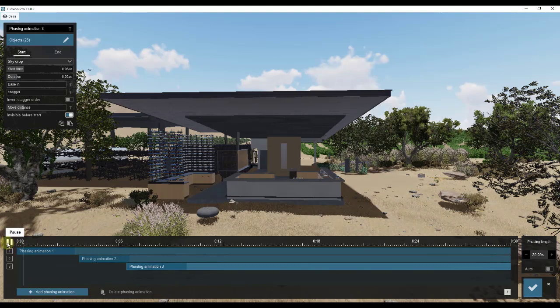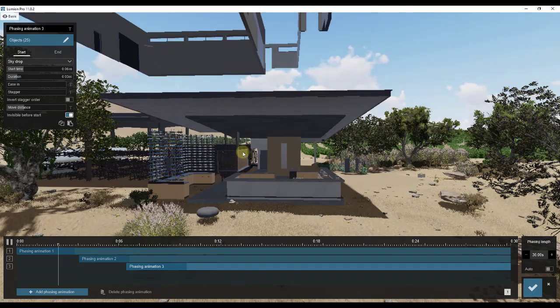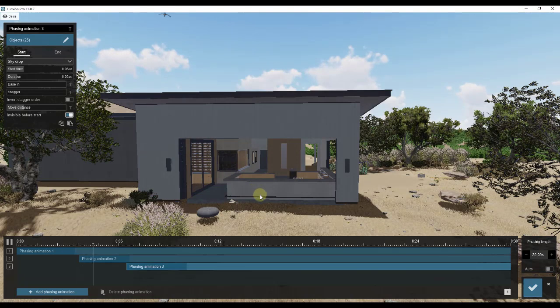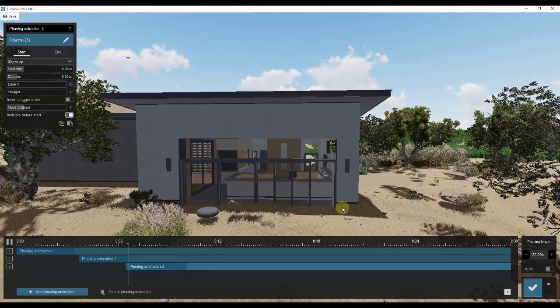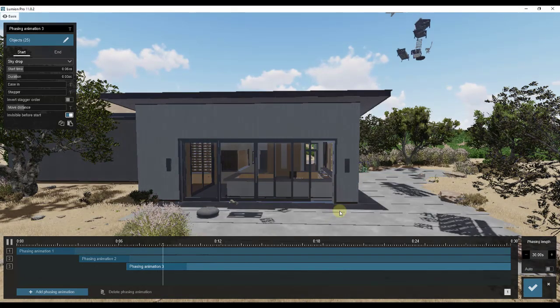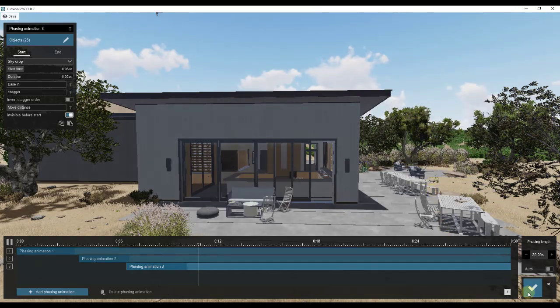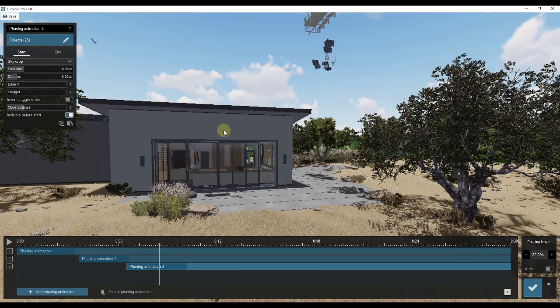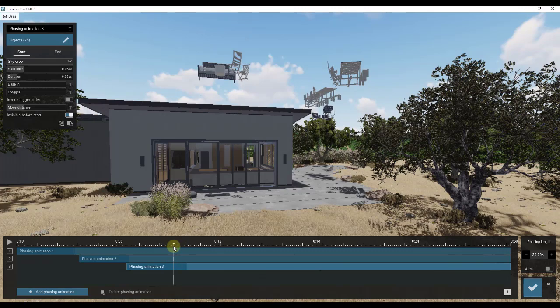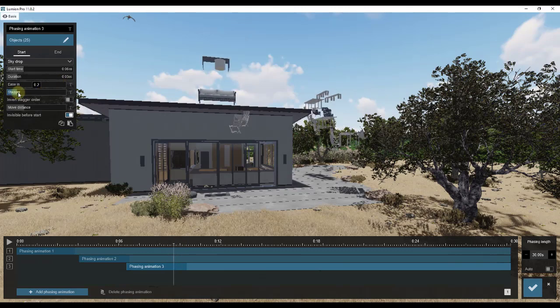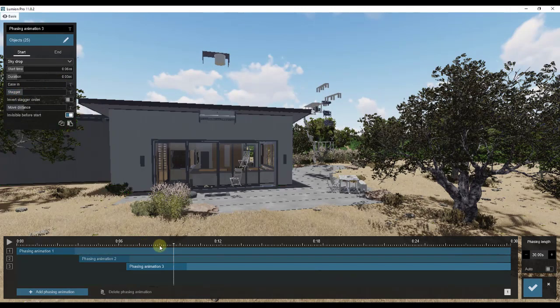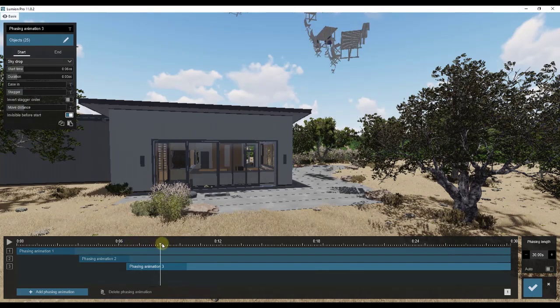Now, if we click on play, this animation is going to come in, but it's going to come in a lot slower. So you can use this to adjust how quickly or slowly these objects come in, just like this. In addition, if you don't want these all dropping in at once, like this, you can adjust the stagger so that they don't get brought in at the exact same time. So I'm going to click and drag this. Notice how now this is just going to kind of randomly bring these in.